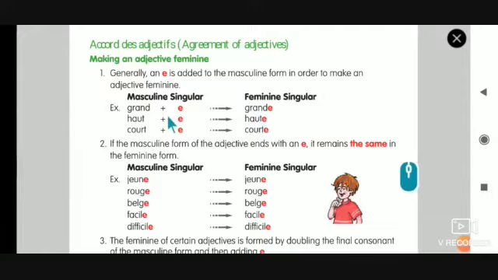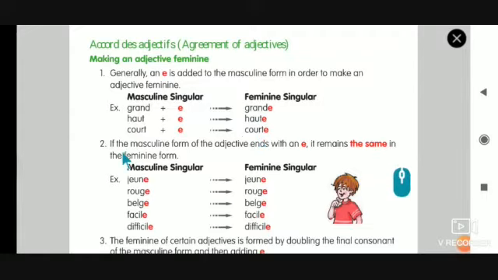Instead of here where we say grand, without pronouncing the D, here we will pronounce the D. That is the difference. Then, haut, haute; cur, cute. So that is rule number 1.